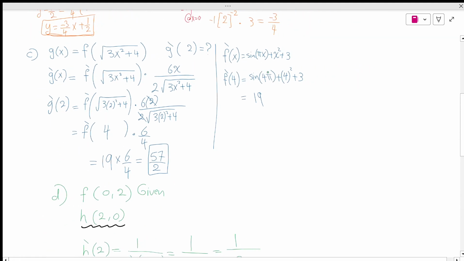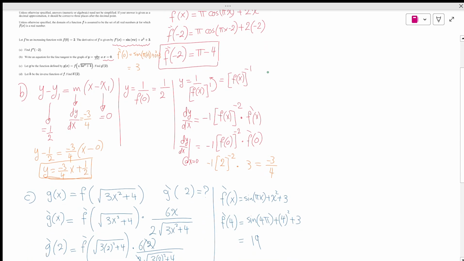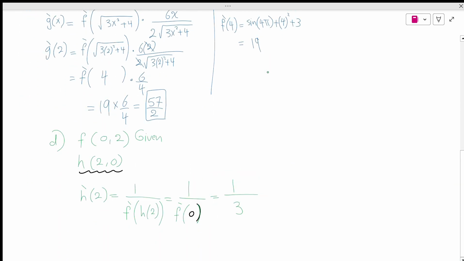So looking back at the question, we did part A, part B, part C, and part D. Hopefully this is